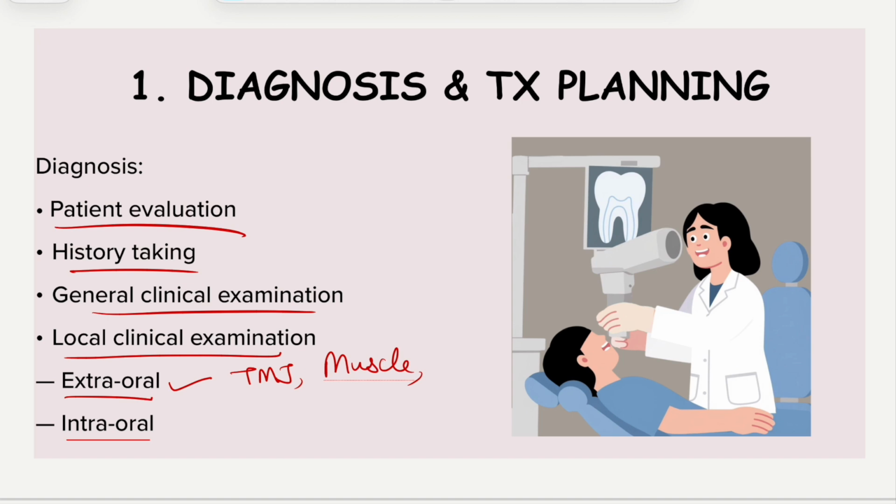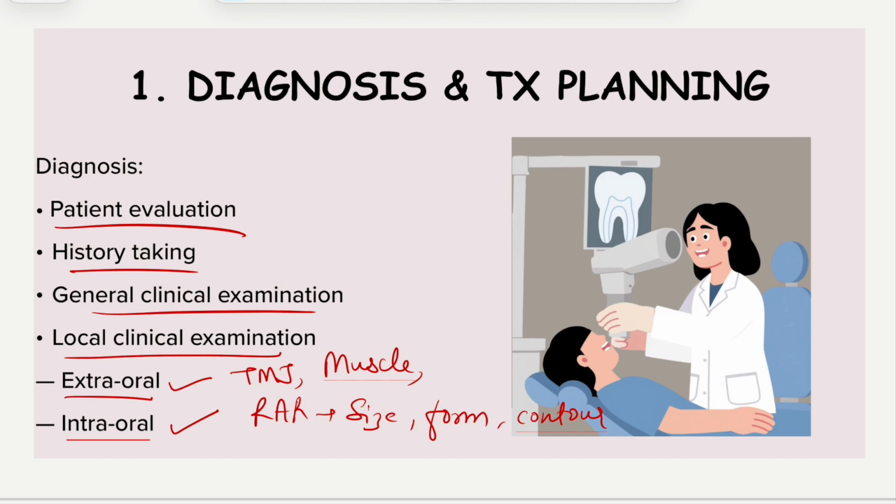Then we will go for the intraoral examination. We will check for the existing teeth if there are any. We will check the mucosa, the color and condition of the mucosa. We will do the salivary flow test. Then we will check the residual alveolar ridge. We will check the size and form of the ridge, and we will look for the contour of the ridge.